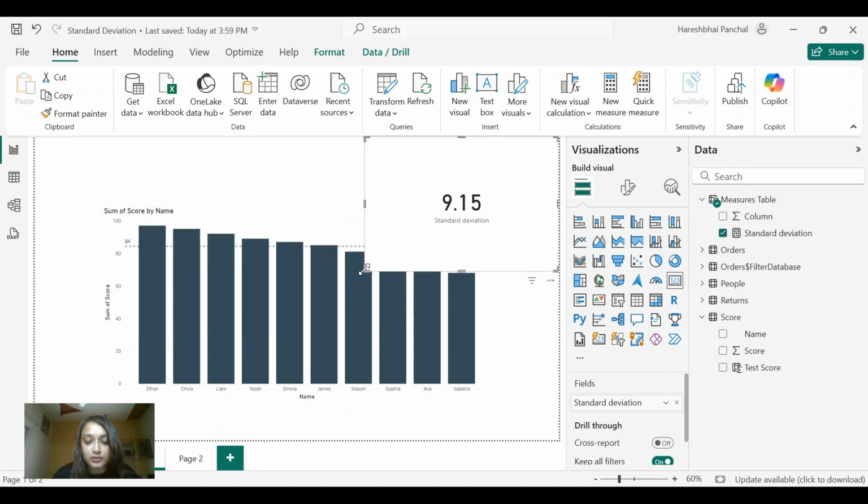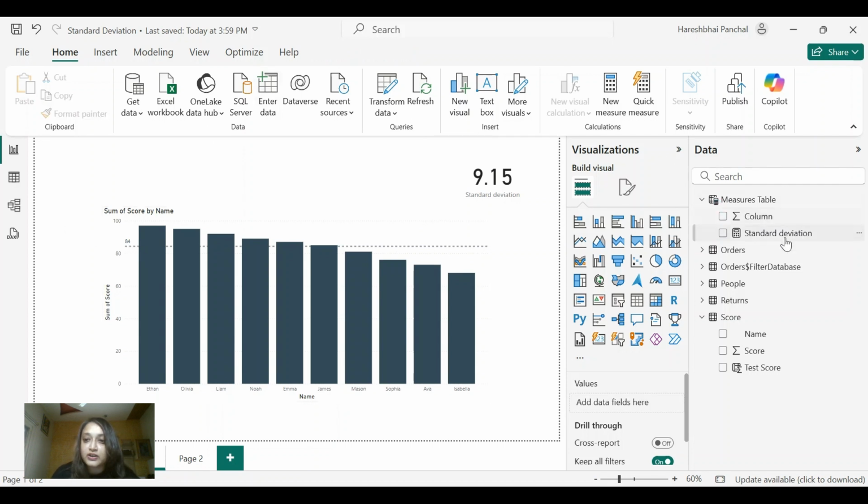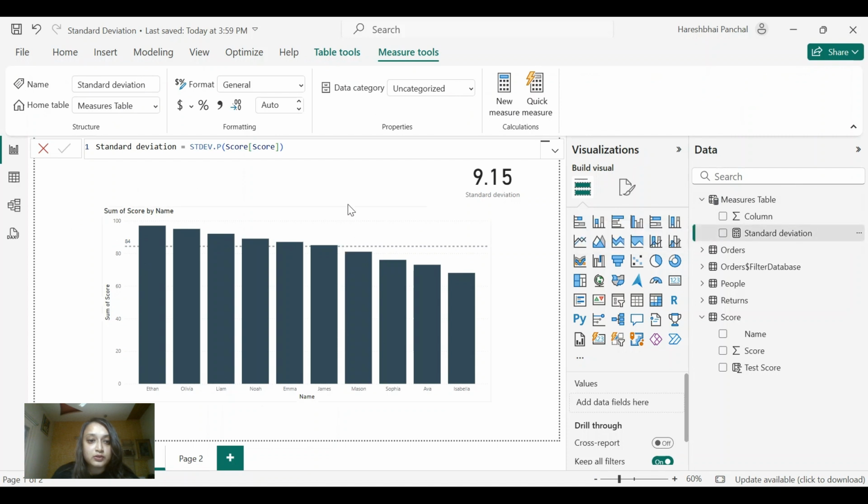What this number shows is how far all the scores are from the average plot. So the lower the standard deviation is, the closer the data points are to the average line. For example, in here, the average line is 84. If we take another example,